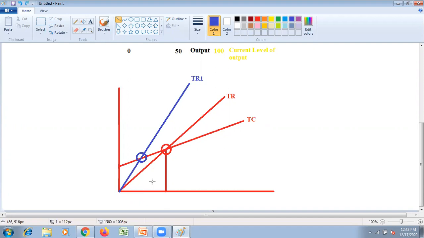Now, the impact on profit. See, earlier, what was actually, just a minute. Yes. Now, see, this was the profit area. Let me